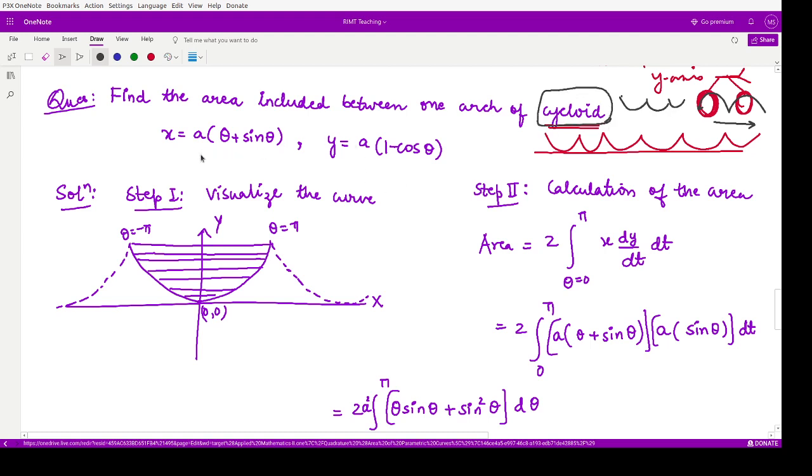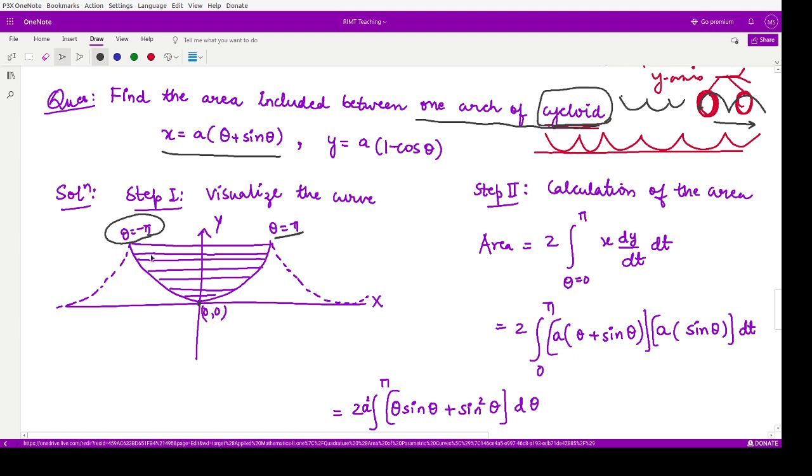So here with these given equations, x is equal to a theta plus sine theta and y is equal to a into 1 minus cos theta, the curve would be something like this, and they are saying calculate the area of only one arc of the cycloid. So we are to calculate this area for this one cycle. The theta here varies from, this point is 0, this point would be theta is equal to pi, and this point would be theta is equal to minus pi. So this is another story. How would you trace this curve? Using the technique to trace polar curves, you can trace this curve, and once you have this curve you can find out its area.